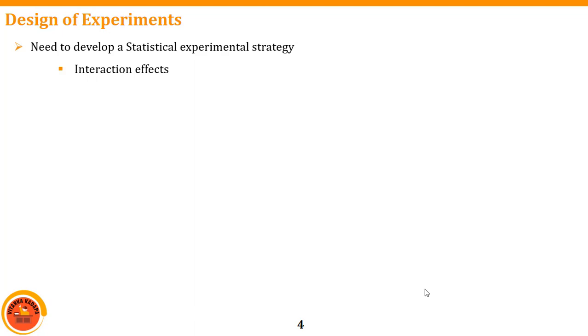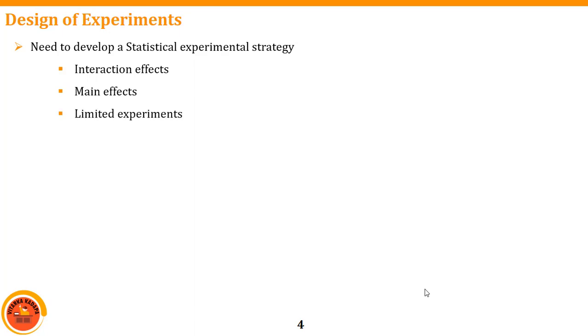If you take the example, I need to give a tea to you. So tea or coffee. I need to mix the sugar in such a way that it has to be diluted completely in the milk. So interaction is going to be taken. If it is not diluted, what happens? The milk will be tasteless, the coffee will be tasteless. If it has been diluted, then it will have good taste. So interaction is going to take place. That kind of strategy has to be done. And main effects: how the sugar is going to affect that particular coffee.